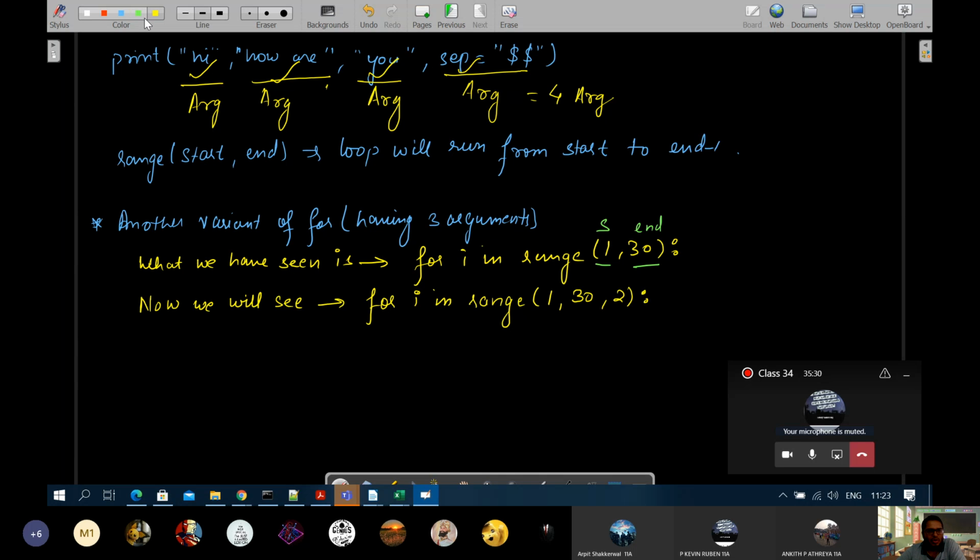Okay, so here this is start, this is end, and this is step value. That is, in other words, increment or decrement value.